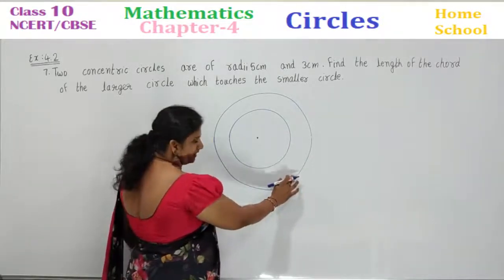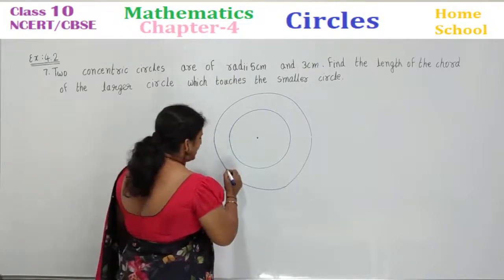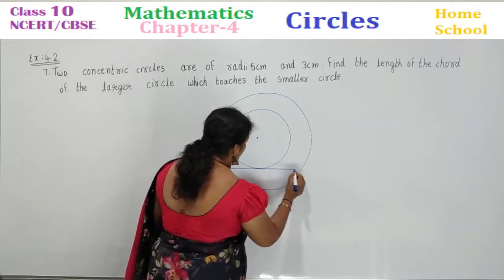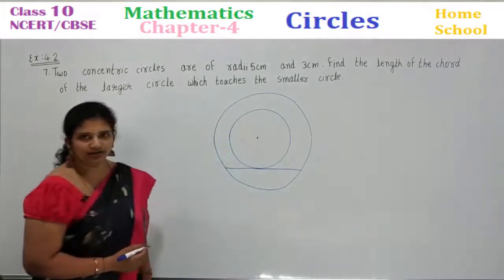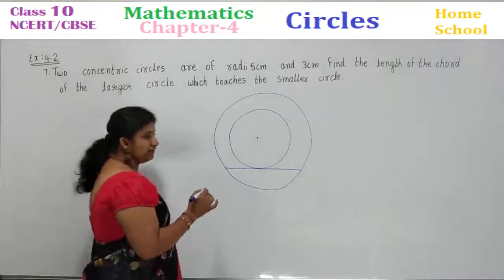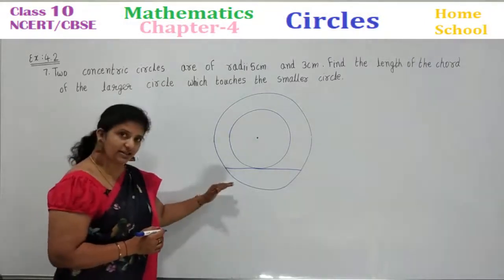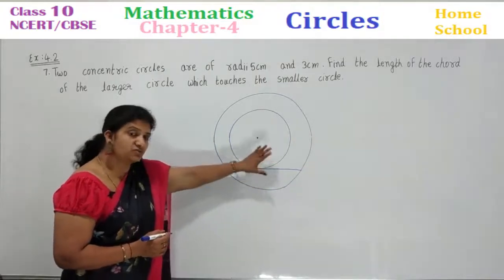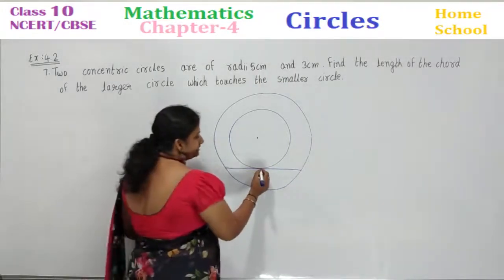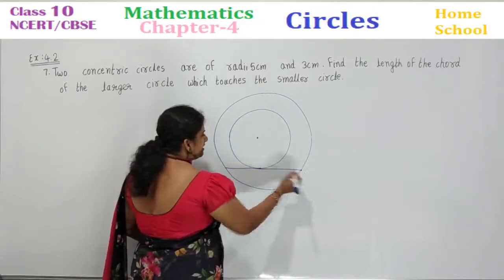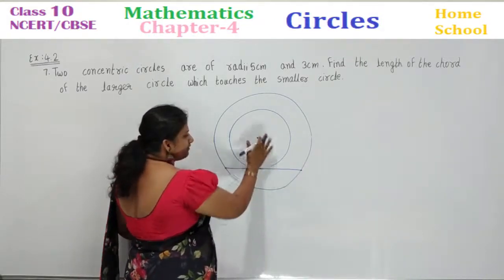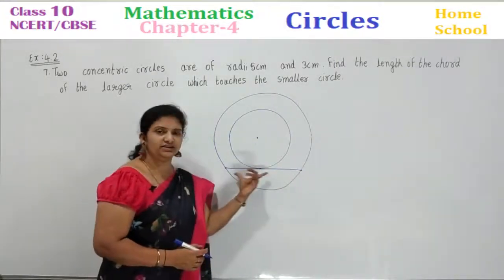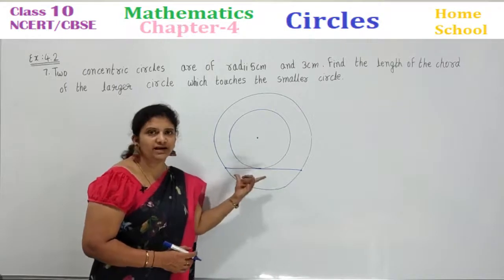Okay, here? No, it is not touching the smaller circle. Yes, I think it might be here. Yes, this is a chord. Right? Understand carefully. Draw a chord such that it is in the larger circle and it touches the smaller circle. So touch means tangent, it becomes a tangent from these external points. For this circle, these two are external points only. Then this line, this chord becomes a tangent.